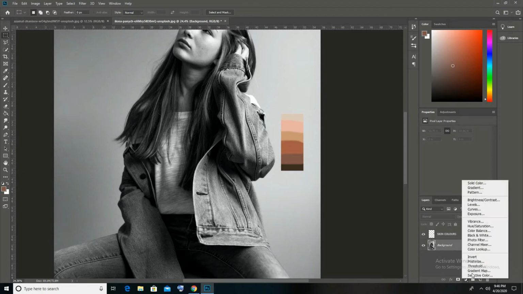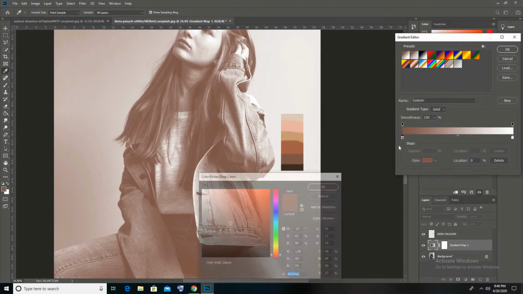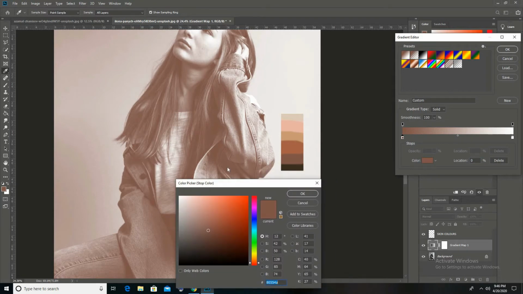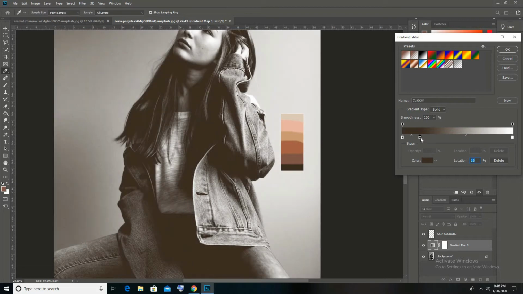Now you have to select the main layer and select gradient map. Make sure you select this section and now start putting all the skin color shades from darker to lighter like this on the panel.